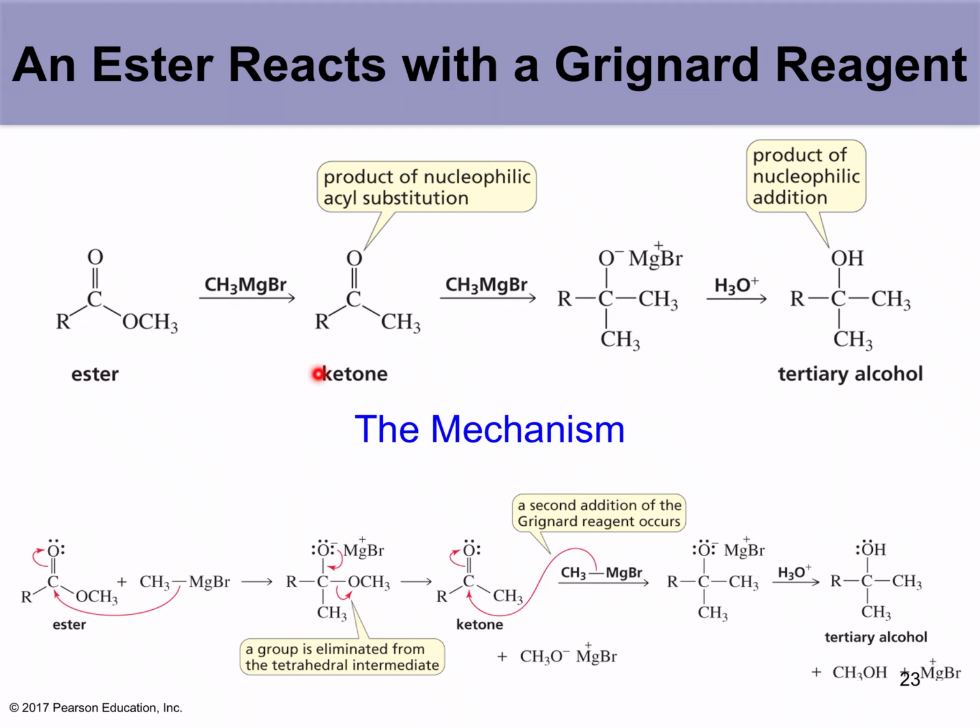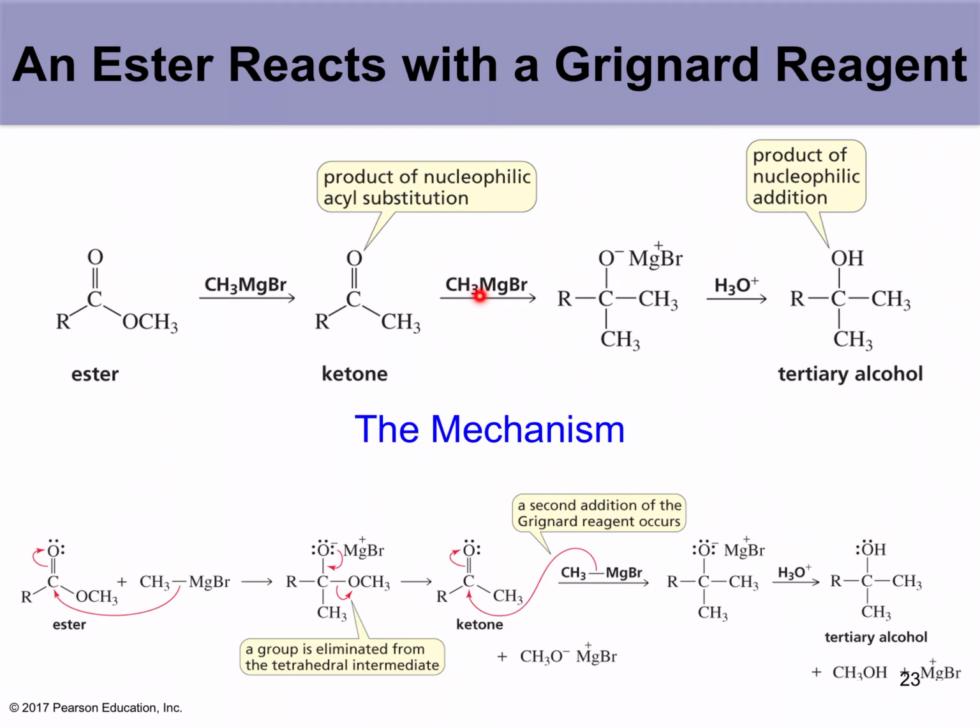And okay, it's going to go all the way. Wait a minute. Once you form that, it's going to form a ketone by eliminating this methoxy group. Okay, so this is a ketone. In the first step, you are making a ketone. But after you eliminate this product, I'll show you with the mechanism below. And then since you have created another ketone here, now the ketone can undergo another nucleophilic addition with another Grignard